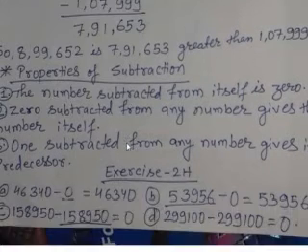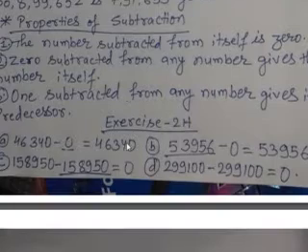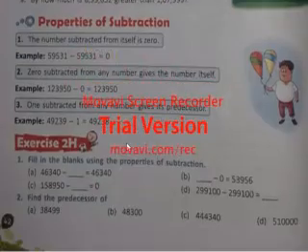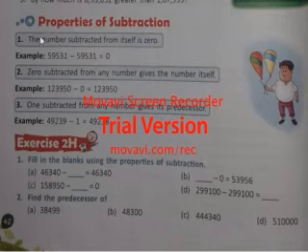So I'll be moving further. Okay, here are a few properties. The same properties you can see in the book itself. So I'll explain it from the book because that is shorter, and here it is in an explained way. So if you will see properties of subtraction, what are the properties of subtraction?